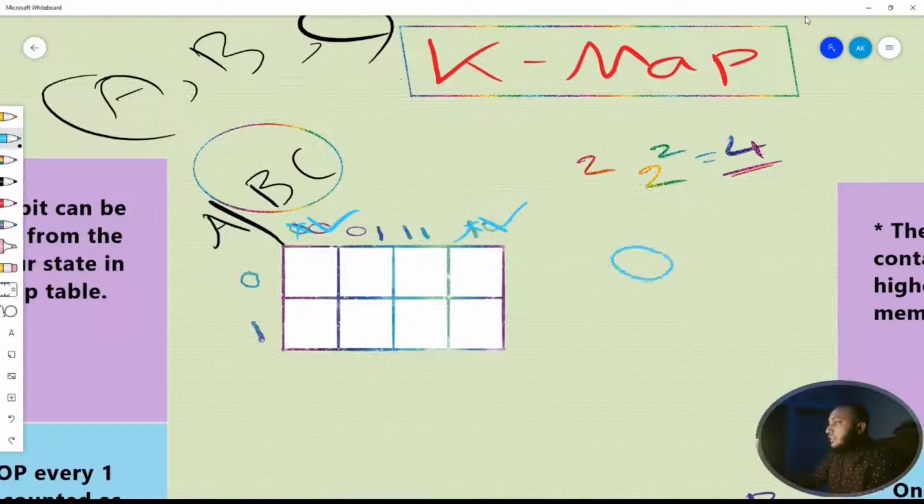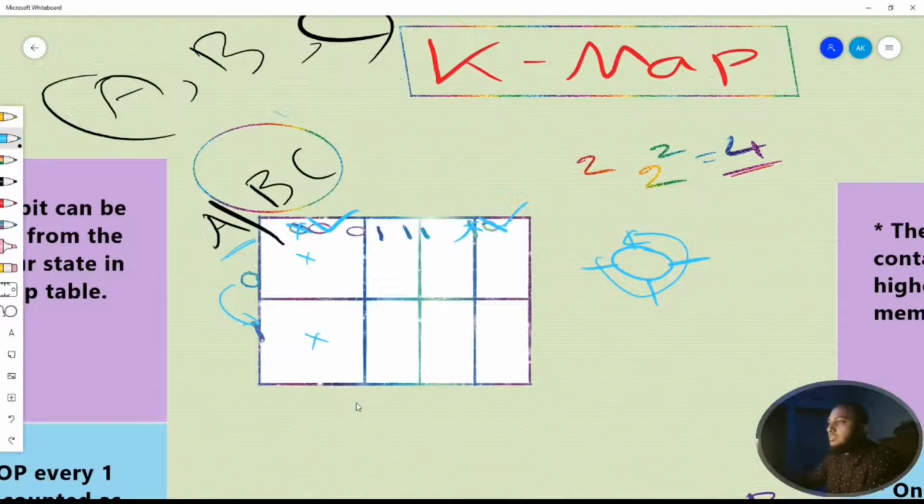So we can draw like this. This is the first state, this is the second state, this is the third state, and this is the fourth state. So all of these are neighbors. Row wise we have one input, so there will be two patterns, 0 or 1, and these two states differ by only one bit. Here it changes from 0 to 1, so these two are neighbors, these two are neighbors.